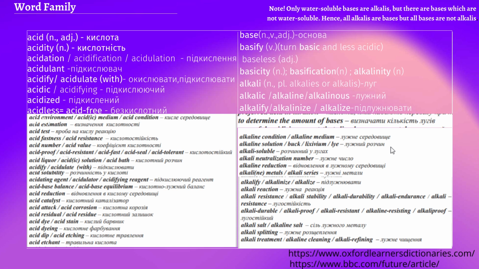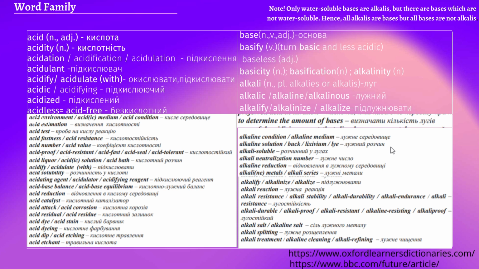There is a difference between acidify and acidulate. Acidify, to make acid, to convert into an acid, as to acidify sugar, for example. Acidulate, to make slightly acid or sour. For example, acidulated phosphate fluoride topical applications are effective in the prevention of dental caries. Acidic, acidifying, підкислюючий. Acidized, окислений, already or just acidized. Acidless, acid-free, negative, adjective, безкислотний. Acidly, adverb, is used in an unpleasant or critical way in general. For example, thanks for nothing, she said acidly.